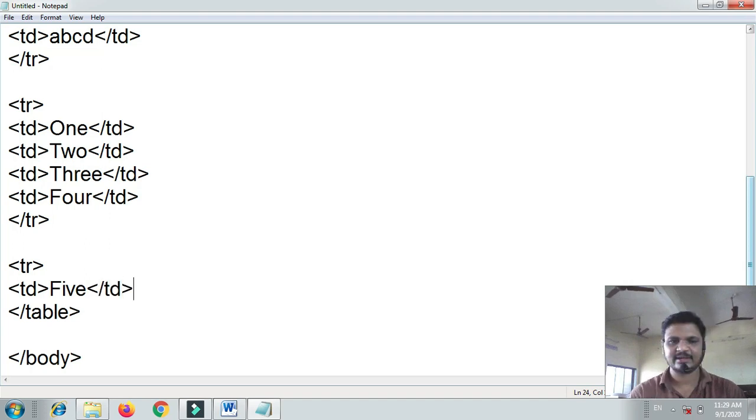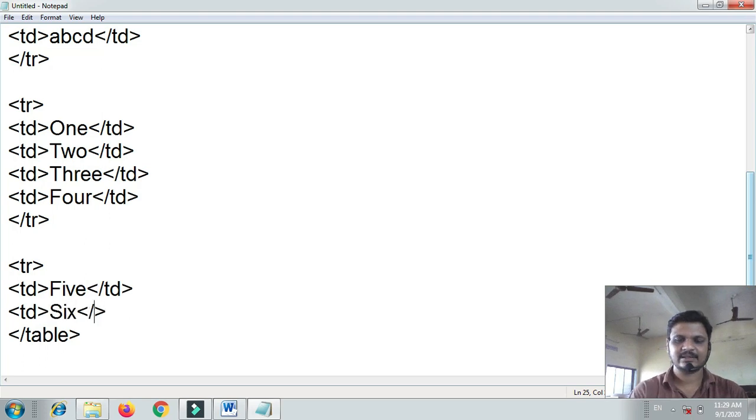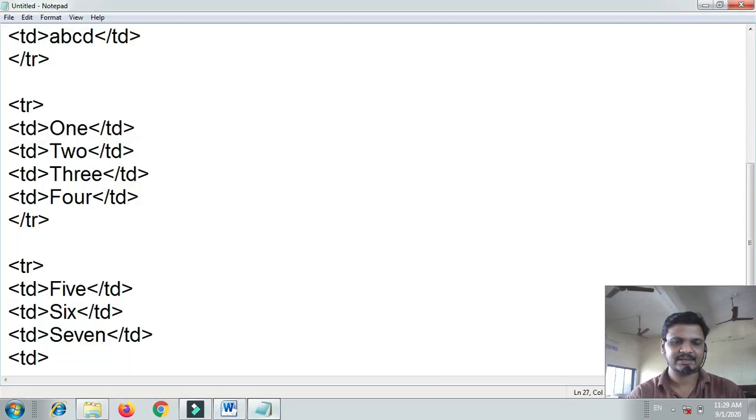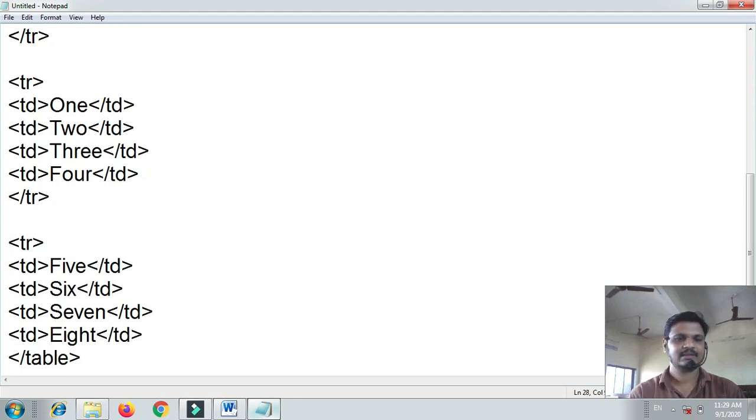Then td open, 6, td close. Next td open, 7, close td, and then the last cell having text 8, close td, and finally I'm going to close tr because tr is a pair type of tag.